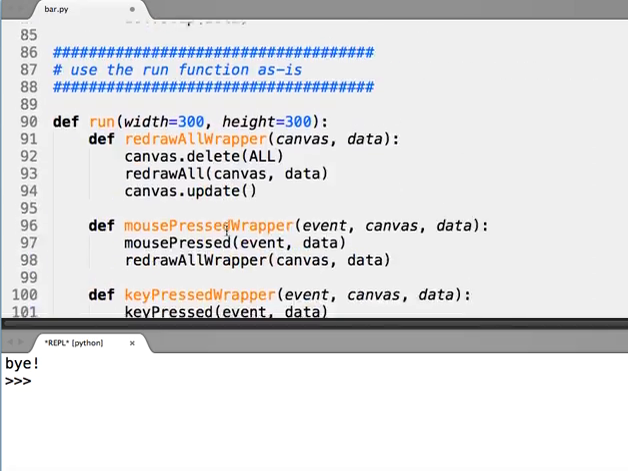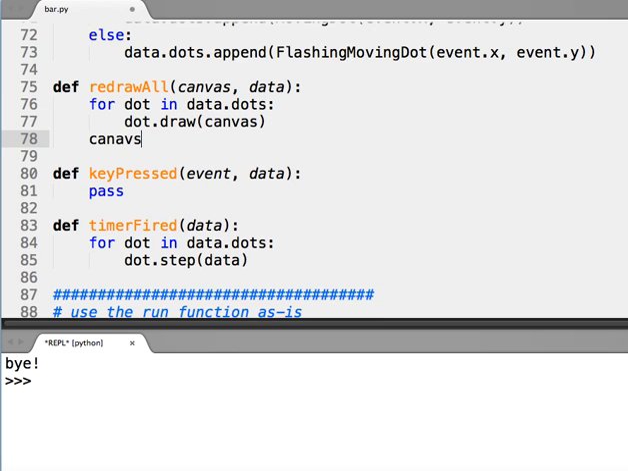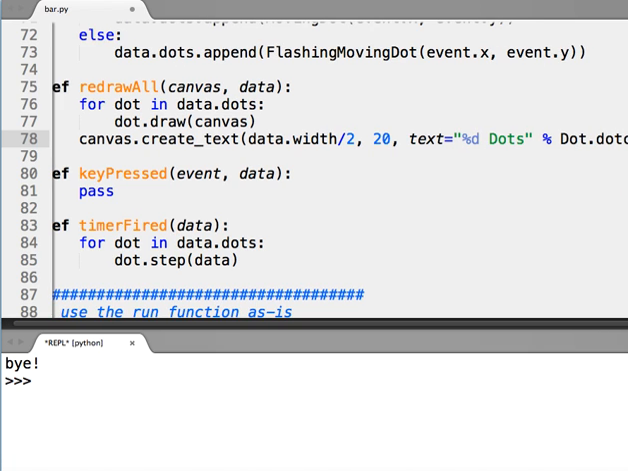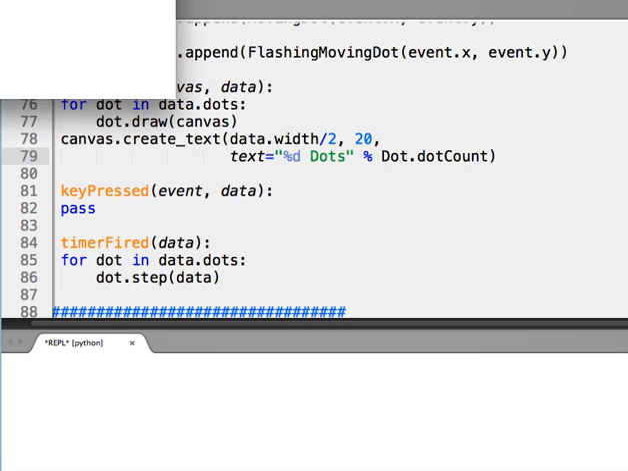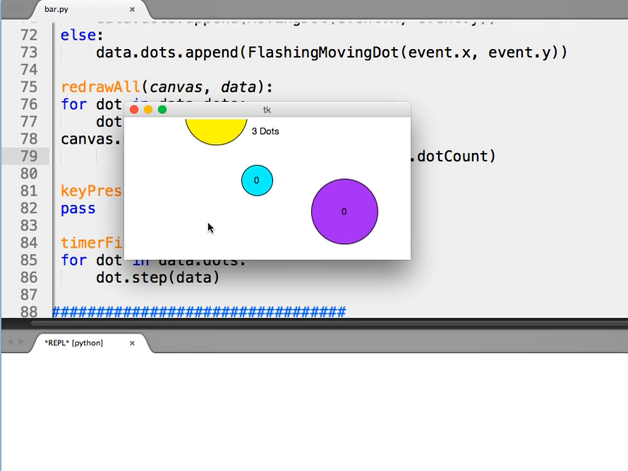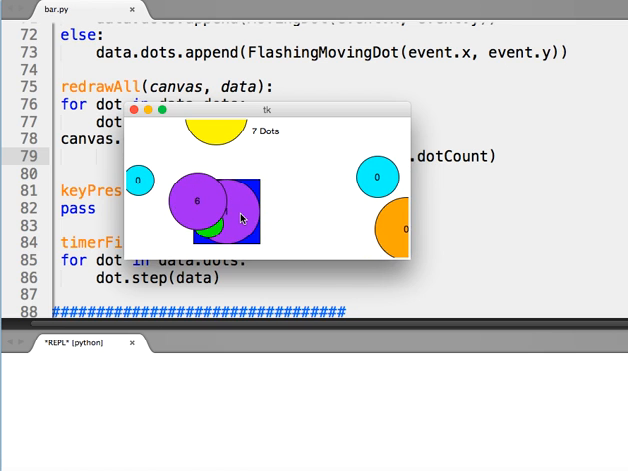Now, when we're drawing at the top level right here, we'll go ahead and do a canvas create_text, data width over 2, height of say 20, and the text can be %d dots, and that is Dot.dot_count. And let's put this where you can see it. And now let's see if this works. I've created 1 dot, 2 dots, 3 dots, 4 dots, 5 dots, 6 dots, 7 dots, and we are